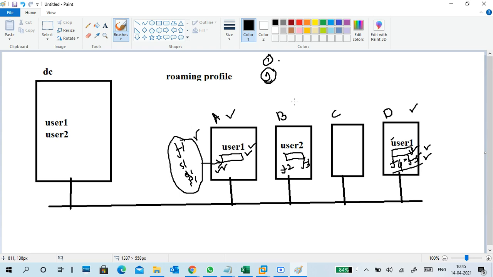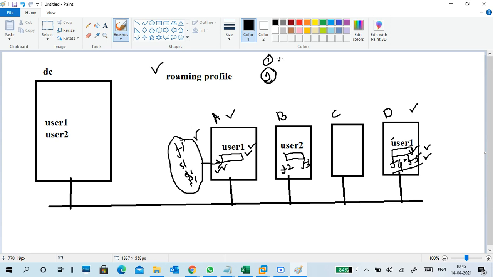If all his profile data is stored in their local PCs only, it's very difficult to get the local profile data along with the user. Wherever the user is roaming, user data cannot be there, right? So user data is not coming with him wherever he logs in, so that is one issue. But we are not applying this on all users, we are applying it on certain users who have to go to different locations, so that he has to carry all his profile data along with him. So that time we are going to create a roaming profile.